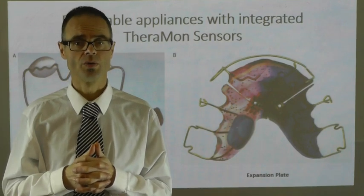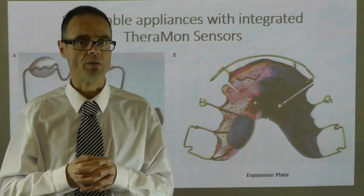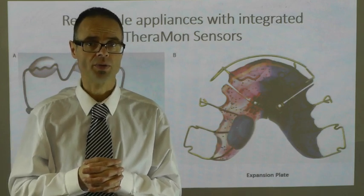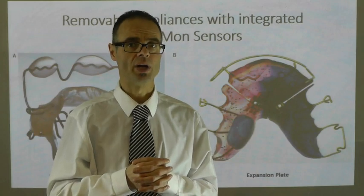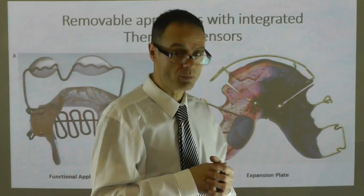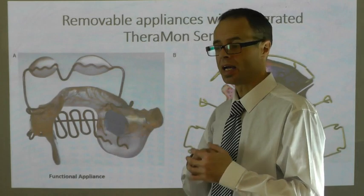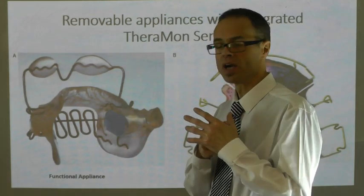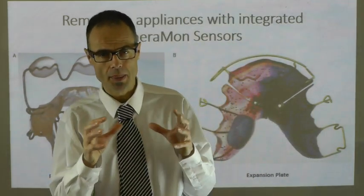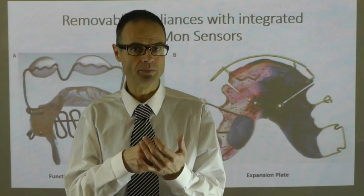Removable appliances with Theramon sensors. We've been using Theramon sensors, I think, almost since the Theramon company first started producing them, and I would be lost without these sensors. They fit into removable appliances, they're embedded within the plastic of the appliances, and they measure temperature over time. So they're a completely sealed unit with a battery, with a small microprocessor and a thermometer, and